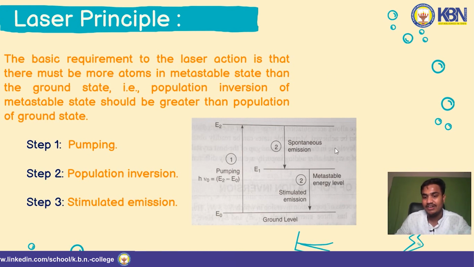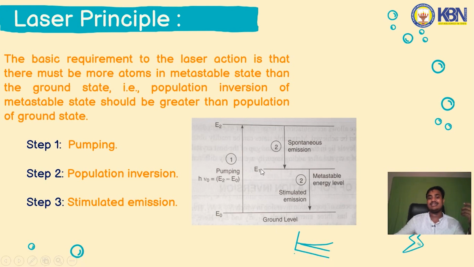Then a photon will be emitted here. Now the atoms will come and stay in the metastable state, so that the number of atoms present in E1, which is a metastable state, increases compared to the atoms present in E0. As I said, after collisions, the atoms will come to the E1 state emitting a photon, or